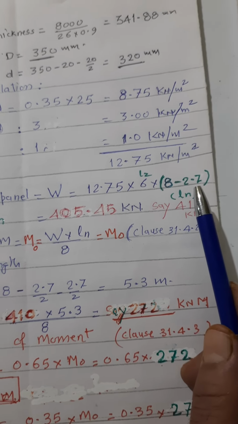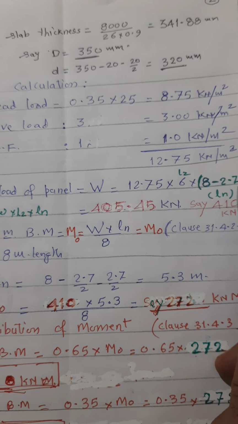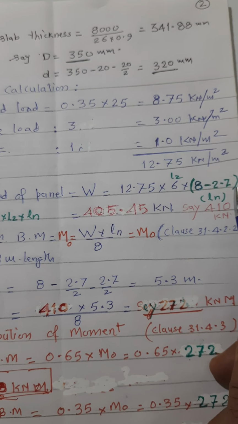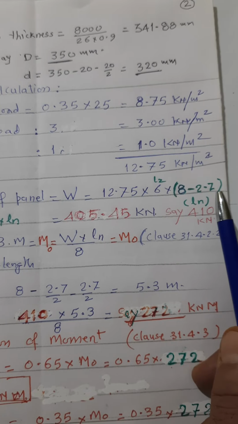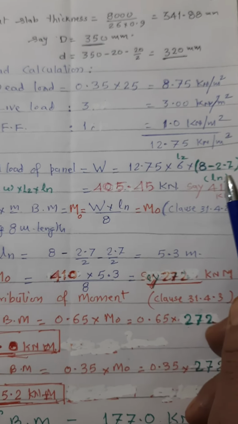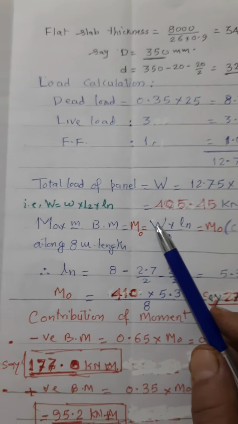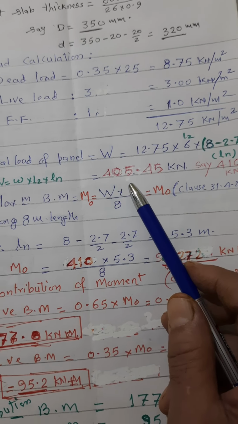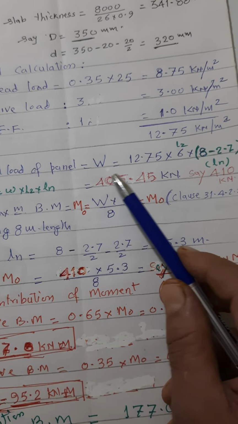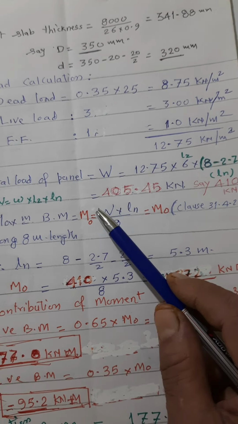I have to get it confirmed whether it is 2.7 or it should be taken as something else. I have to check it out. Accordingly, we will have to make some change then. Otherwise, once the capital W is known,